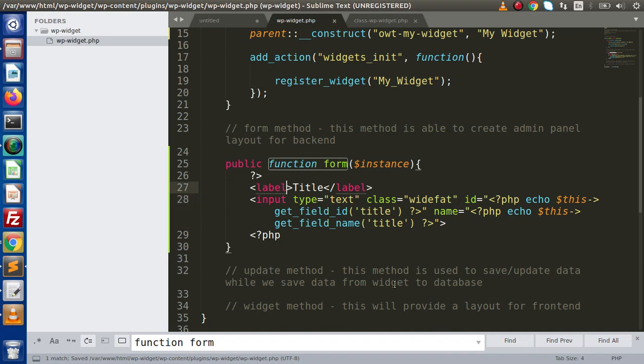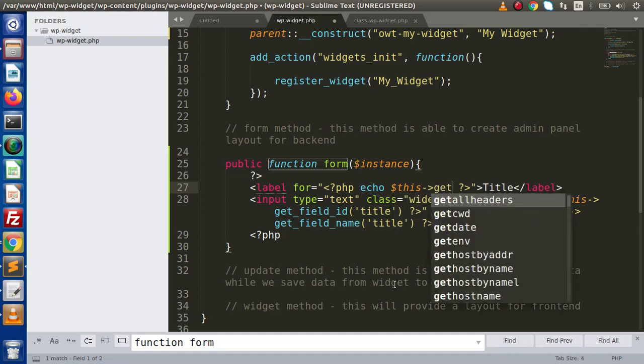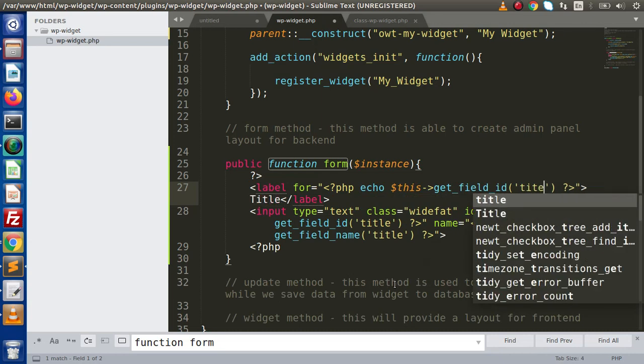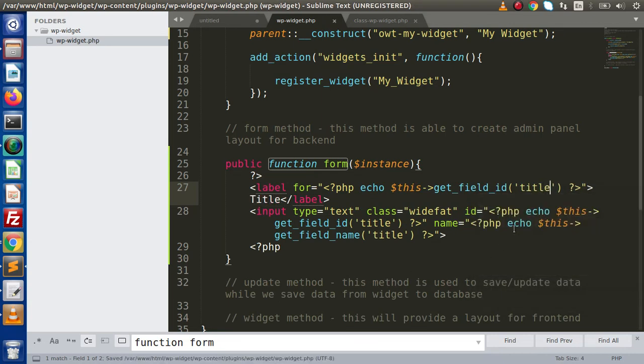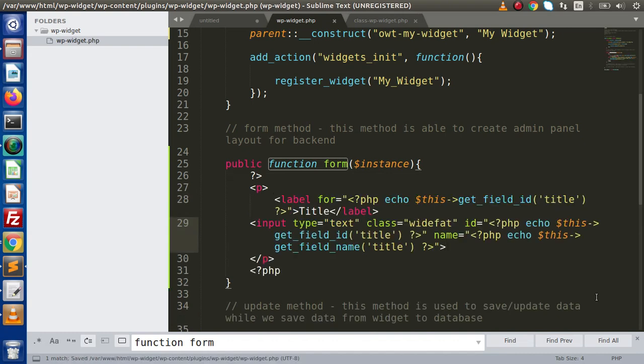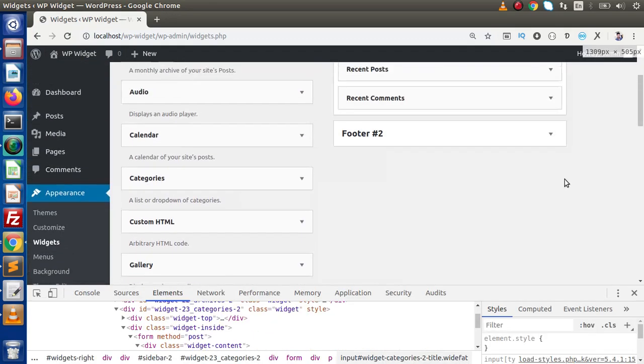Now inside here we are going to use a for attribute, and inside this we are going to use the same WordPress function, something called get_field_id, and here we are going to paste the input title. So this is all about the settings, and also I am going to wrap inside this paragraph tag. So pasting it here, save all these changes, back to admin panel, reload this page, and if we go inside this footer 2, my widget,